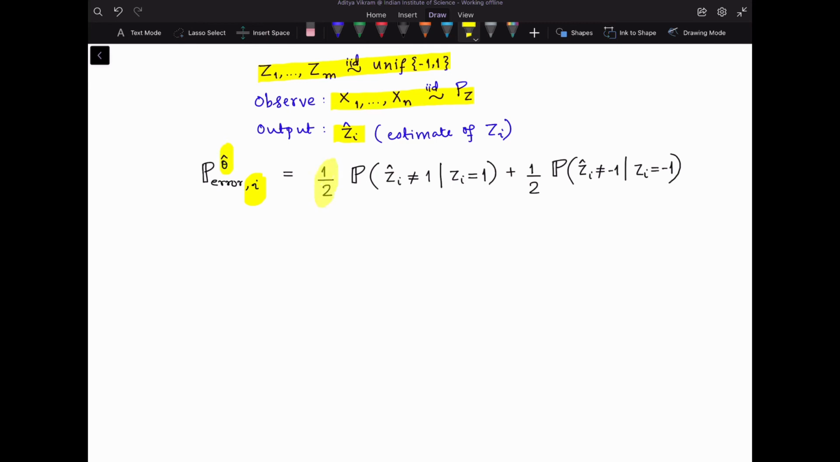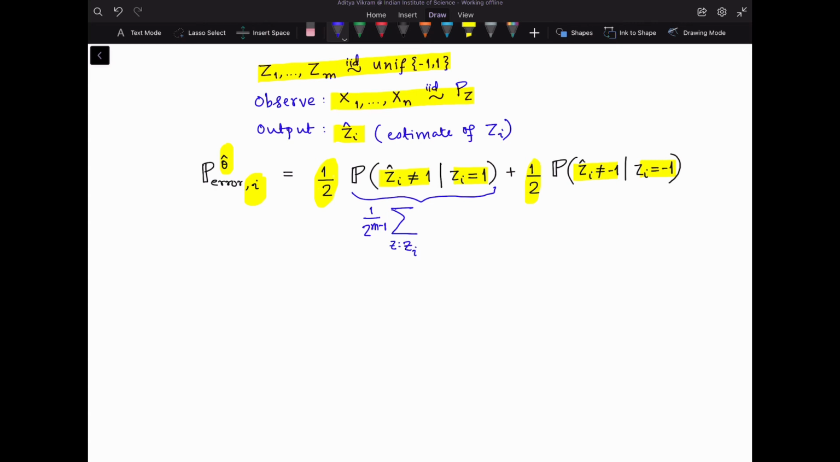times the probability of Zi being 1, in which case, what is the probability that Zi hat is not 1? Plus half, again, times the probability of Zi being minus 1, in which case, what is the probability that your Z hat i is not minus 1? So this is the probability of error. Now if you compute this, it is just some calculations of conditional probability. Everything is discrete here, so no problems. So if you just compute this, it would be